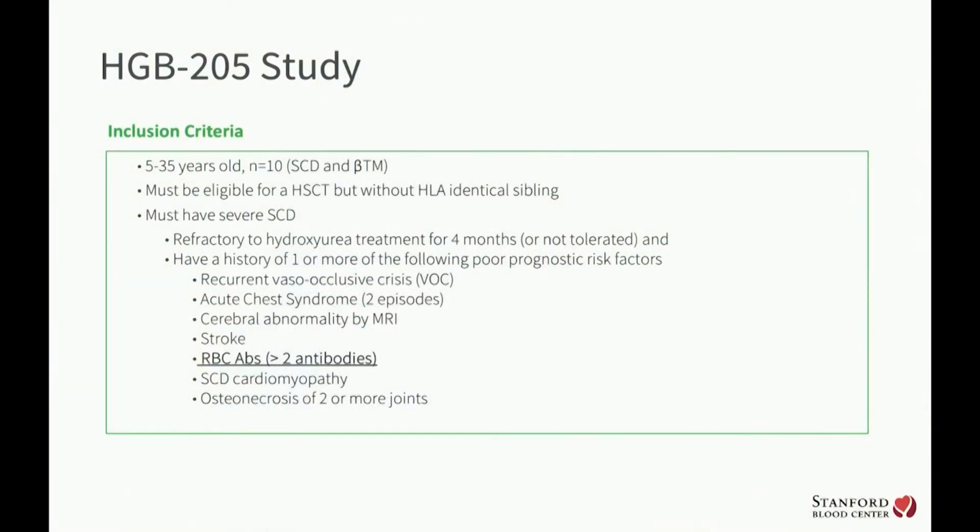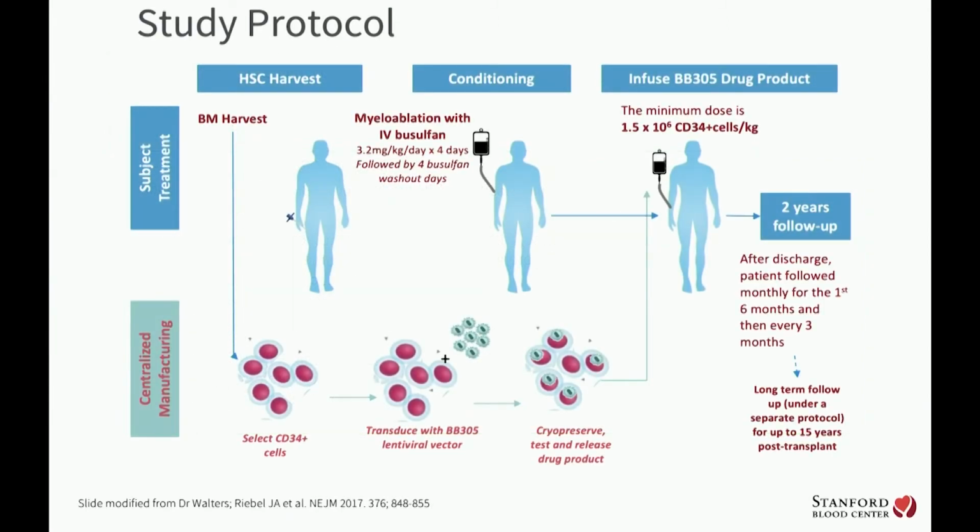So the hemoglobin 205 study and many of the other trials, they're in pediatric patients and adult patients. They need to be eligible for a stem cell transplant but not have an available donor. And they have to have severe sickle cell disease, which is defined in multiple ways, but essentially being refractory to regular treatment, having repeated occlusive episodes, repeated chest syndrome, stroke, having developed red cell antibodies from lots of transfusion, heart issues, bone issues. So really the patient has to be doing not so well for finally them to be considered